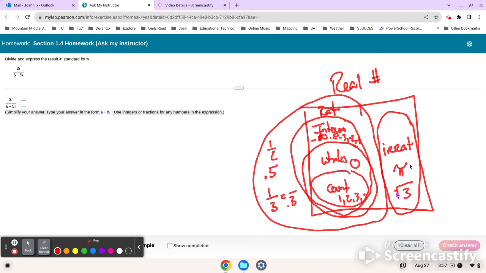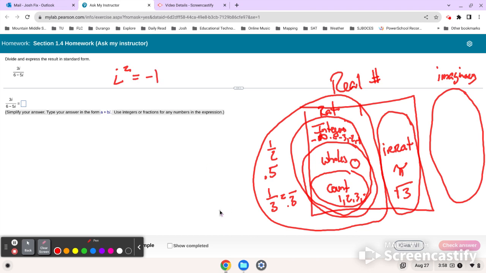So these are all the real numbers, what we've been working with. Now we have this new number system out here, called the imaginary numbers. There are multiple number systems; this isn't the only other one, but it's another number system in our world that we work with. Imaginary numbers have some unique rules. For example, one unique rule is that I squared is equal to -1, and in this case we're going to use that.